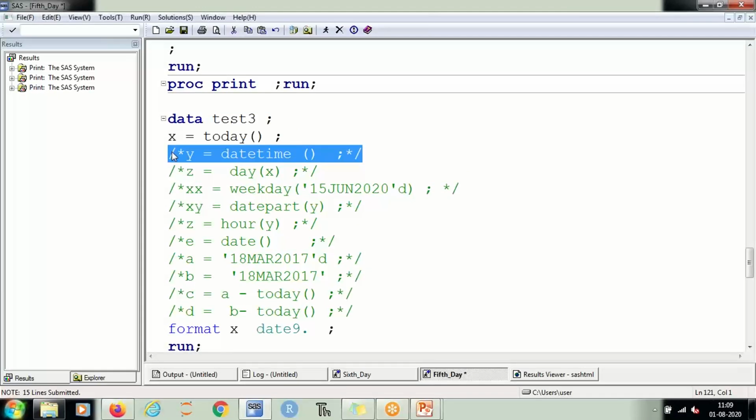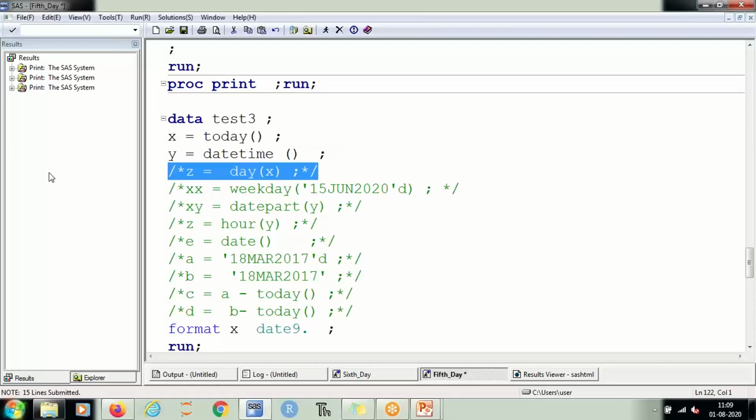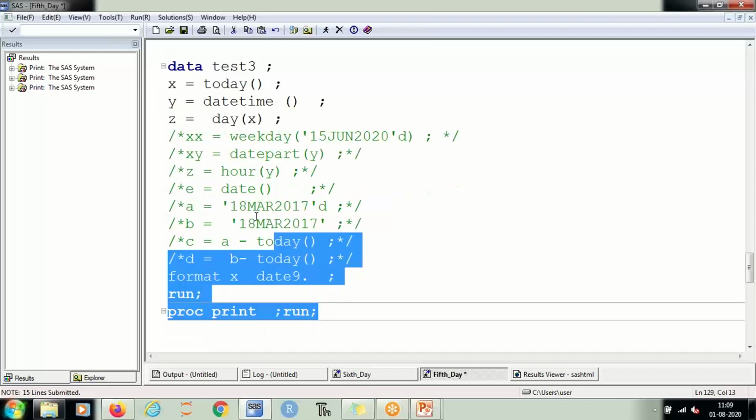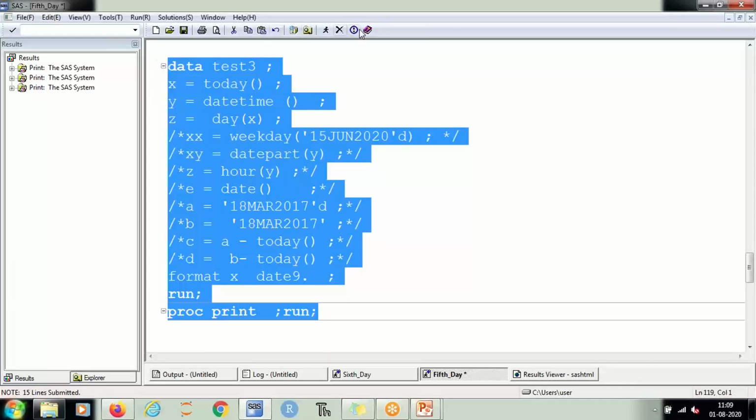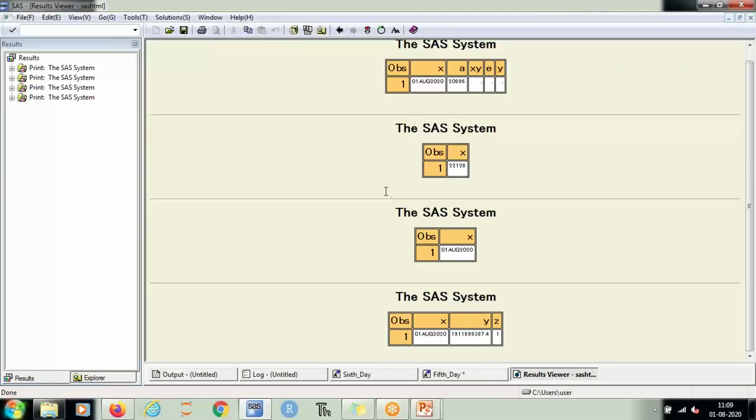The datetime function will return the current date and time, as the name suggests. The day function will return the day portion from the date. Let me show you both commands. This is the output of my today function. This is the output of my datetime function.